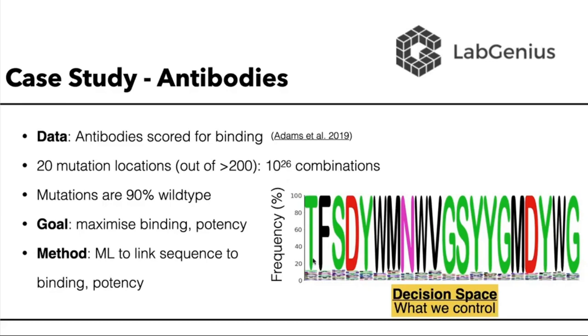What you can see here is that it's highly skewed towards the wild type. Again, what you can see dominating here is the wild type sequence. And then you can see 10% of these, what's squished over here, are the different amino acids that they tried mutating within their data set. So what we had is a machine learning